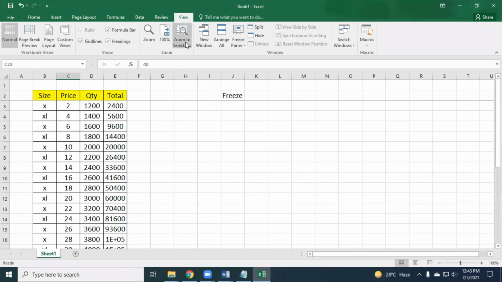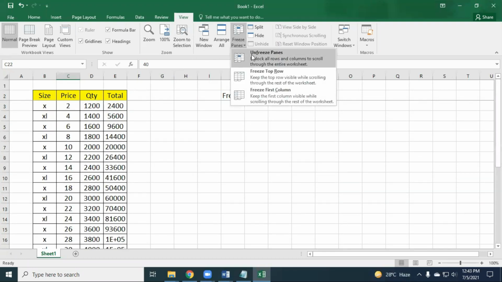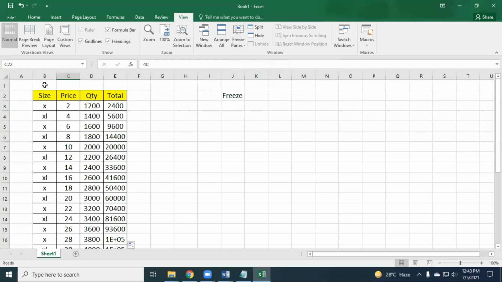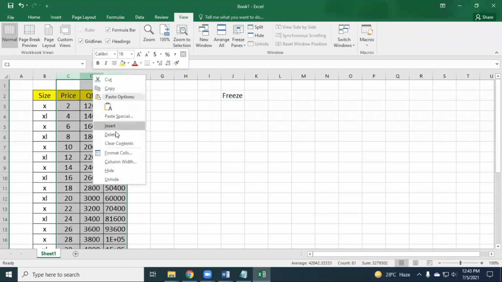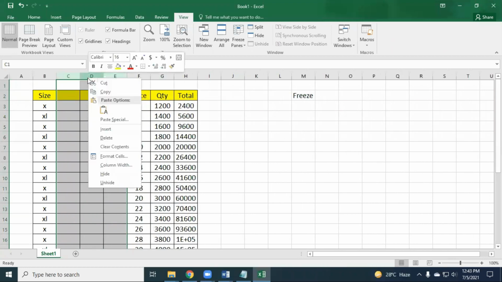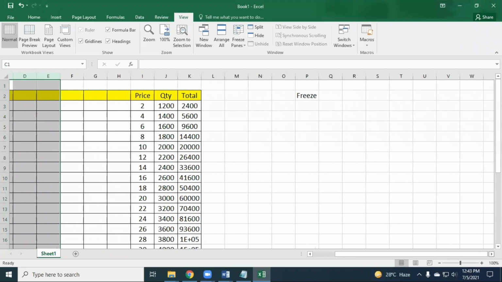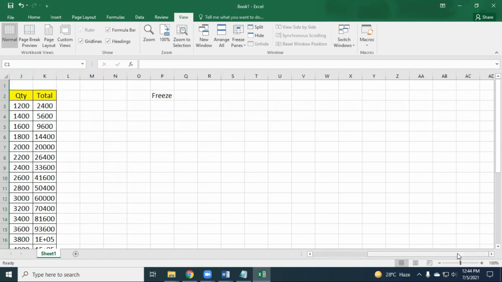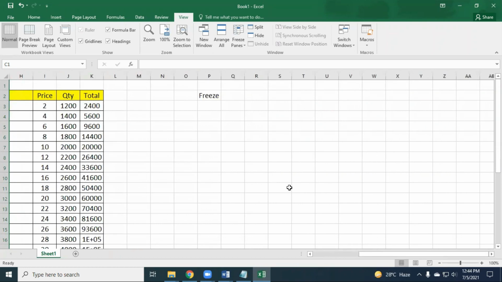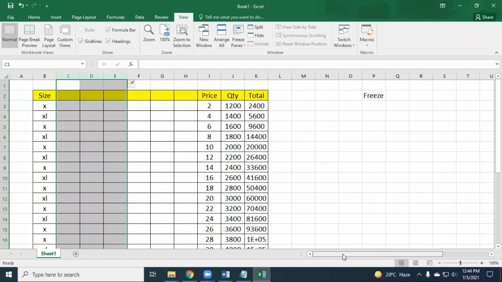Now the question is, if I would like to unfreeze, how to unfreeze? Again, unfreeze. See example, if there are 15 or 20 or 100 columns, how can you go to the right columns? If you go right to see the total, this size column becomes hidden.